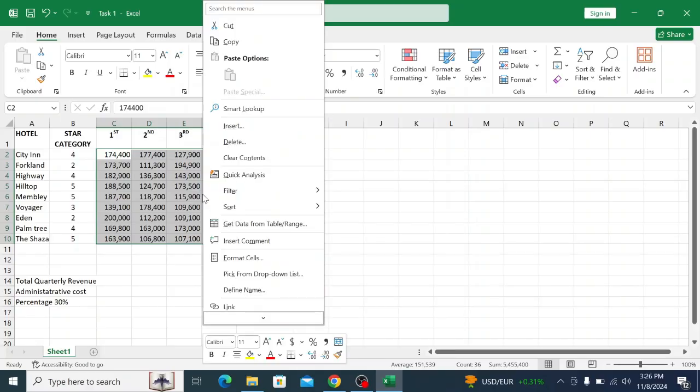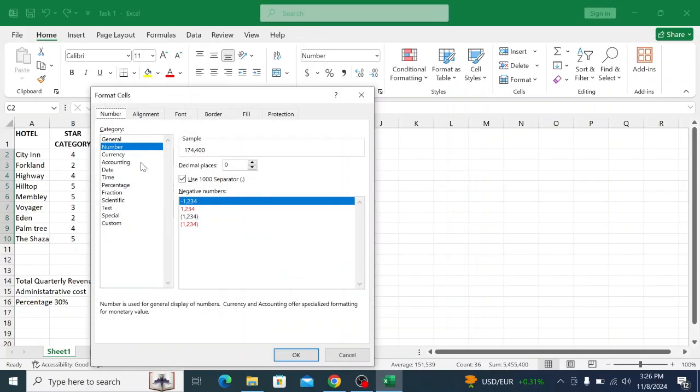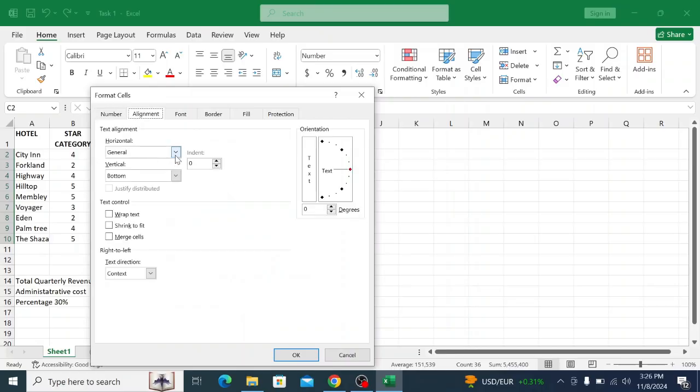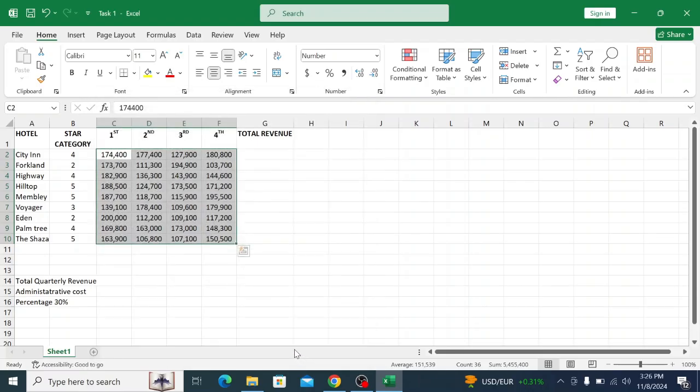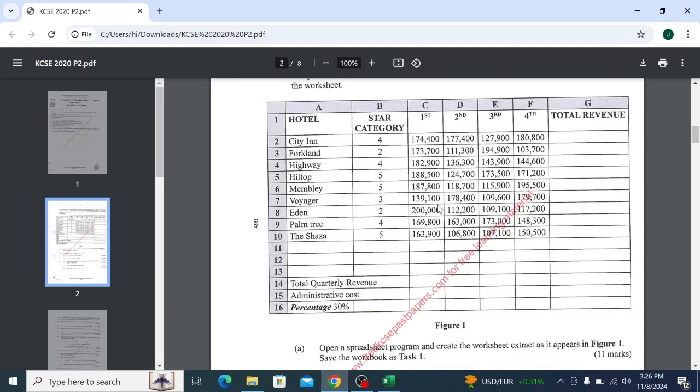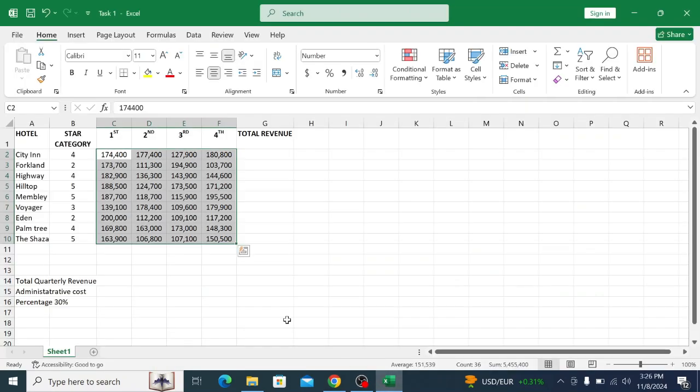But ours is at the center. Again, we format the cells, alignment is at the center, like that. If you look at ours, there is a space at the right and also at the left, so they are at the center, you see, so it looks the way it is. And then we look at